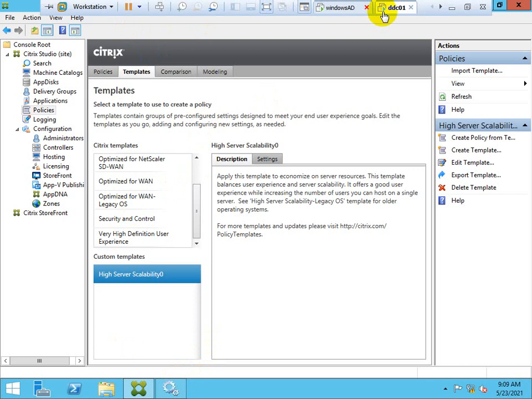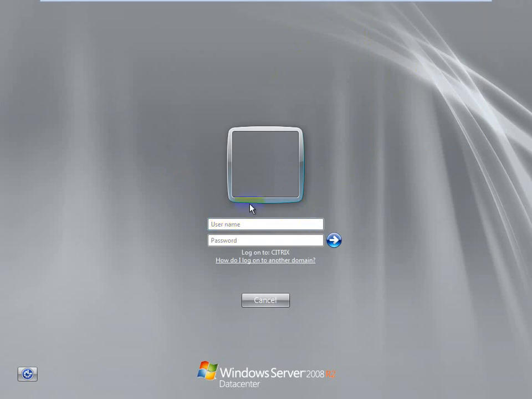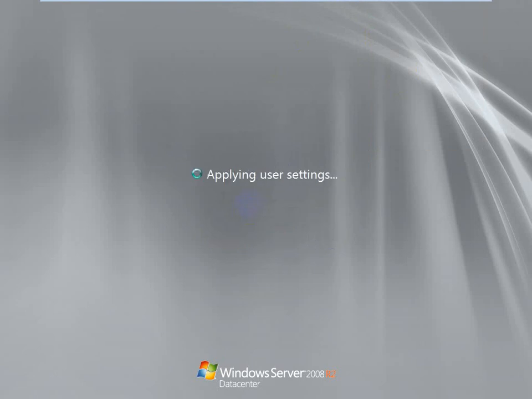In between, I will check on the second server. Let it be login.